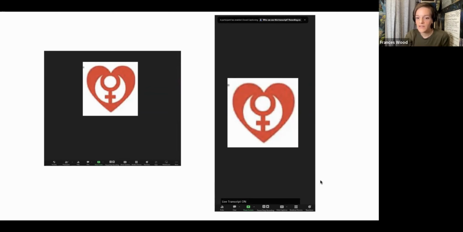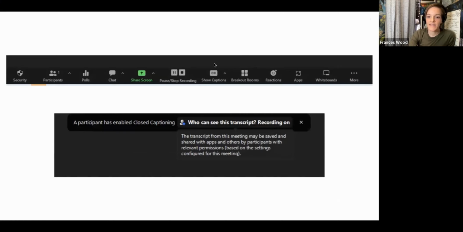But this will be in English as well, just because it's doing closed captions of what is being spoken in real time. What you want to do, again, is look for this CC down at the bottom. If you can't see, it's similar to Facebook. If you can't see these controls down at the bottom, either tap on your screen if you're on a cell phone, or hover down here if you're on a computer or another device. They should pop up. If you don't see this CC, you're going to go to these three dots and say more, and the closed captioning should be in there. So you're going to click on that CC right here.